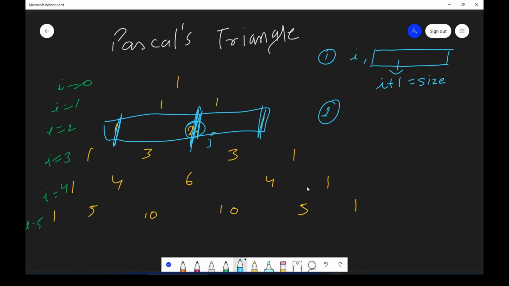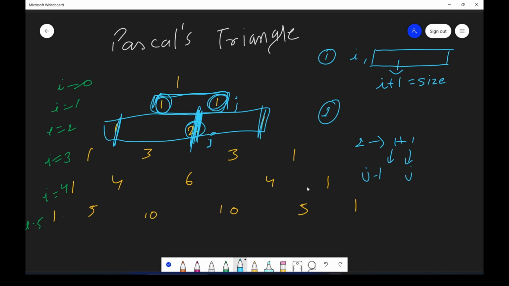So this 2 is made from the above row, from this one and this one. Now this was the second column of this row. For the above row, this is the first column and this is the second column. So if this is the second column, J, then this also will be J because it's also the second column. And this 2 is made of this 1 plus 1. This one is J and this one is J minus 1, the column just before.